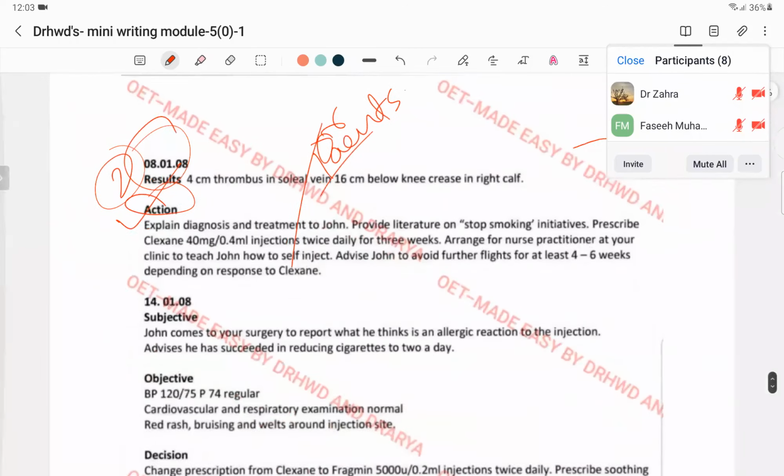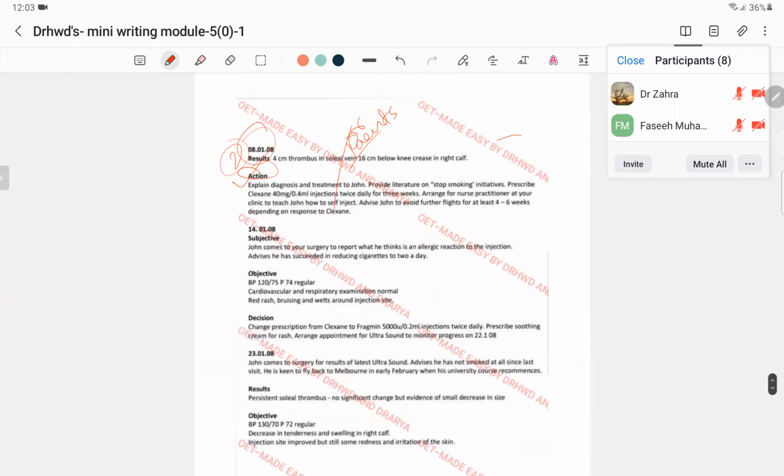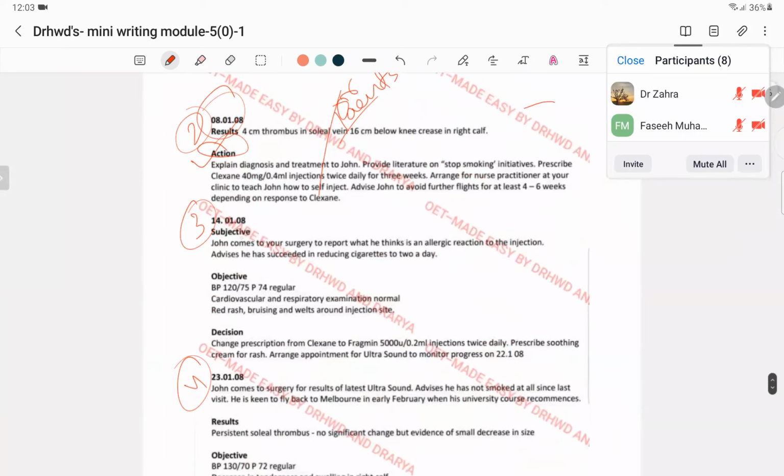Now, my question is, these are 4 visits. Sorry, there are 4 visits. If I don't mark them, I don't know them, right? So 4 visits. When you're going to do your letter, you have to mark them like this, right?